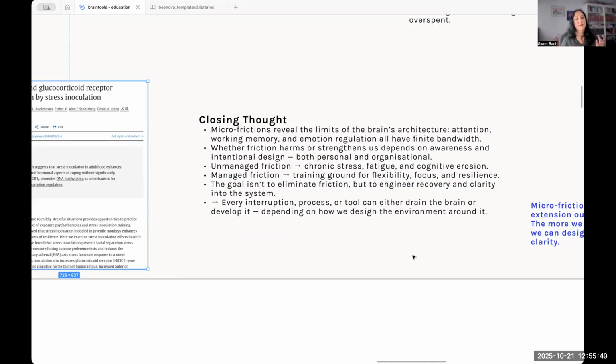And for all of us having kids, we know how easily we get distracted, or even our phones. Late in the evening, suddenly our phone blings, and suddenly we get sucked into work email. So unmanaged friction has a lot of bad sides and a lot of very negative consequences for us, which would be chronic stress, fatigue, or cognitive erosion, going down all the way to burnout, depression, anxiety. But again, if we manage them, we can use it as a training ground, as a playground to say, okay, I want to learn to be more focused. I want to train myself to be more resilient. And we can use the workplace intentionally to become more resilient.